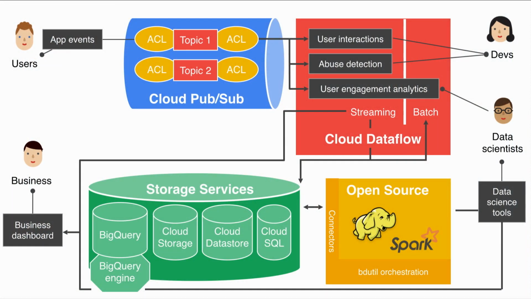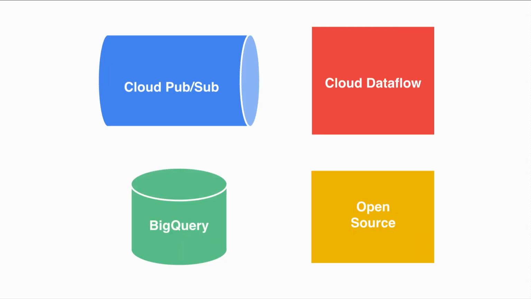So as we describe the services of the platform and how together they can help users focus on the task they're trying to achieve, not focus on setting up and managing infrastructure, we come with that somewhat complex picture. So let's simplify it a little bit. At the end, the heart of it is 3 fully managed cloud services, which do one thing, do it really well, and make you really productive. Cloud PubSub for event handling, Cloud Dataflow for data processing pipeline, either in stream mode or in batch mode,